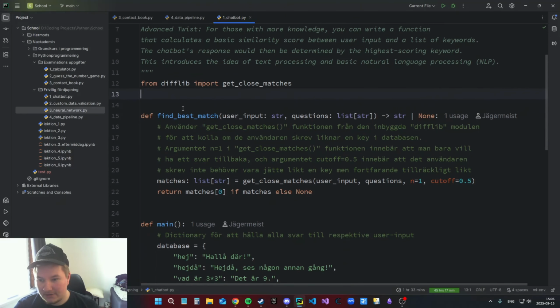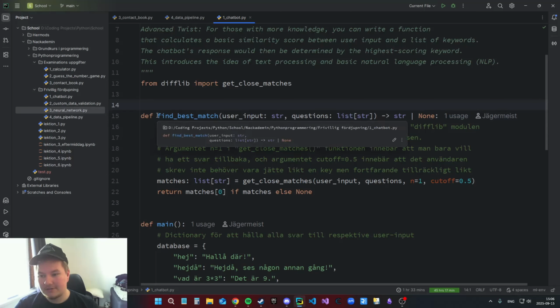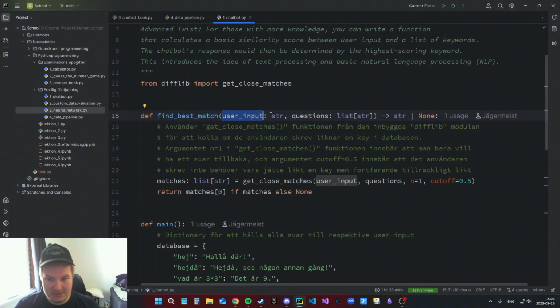Then I've done kinda my own function to do this. I don't know if this counts, but I've defined a function called findBestMatch, which takes in user input, which is a string, as well as a list of strings to check the input against. So it basically uses the get close matches algorithm and passes in the user input as well as the list of strings that it checks the input against,